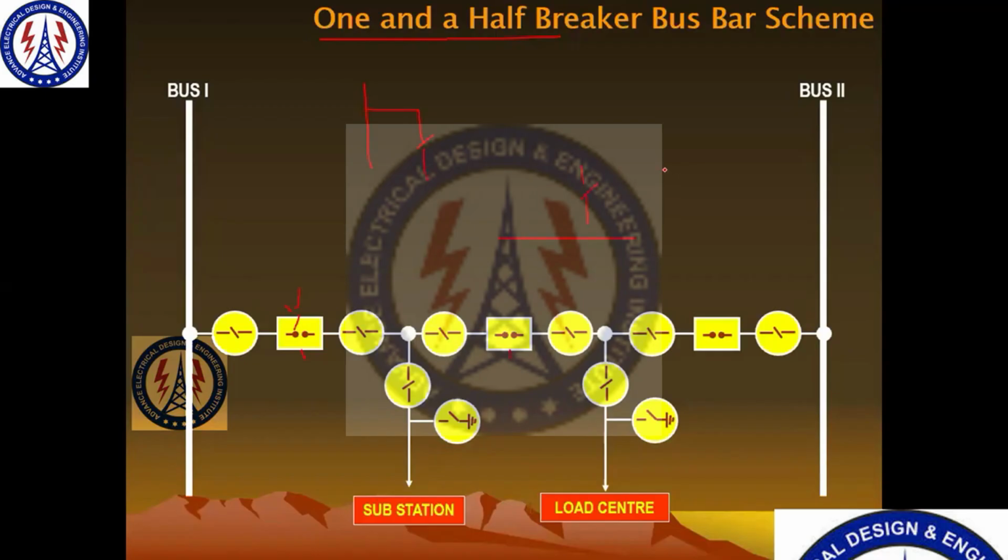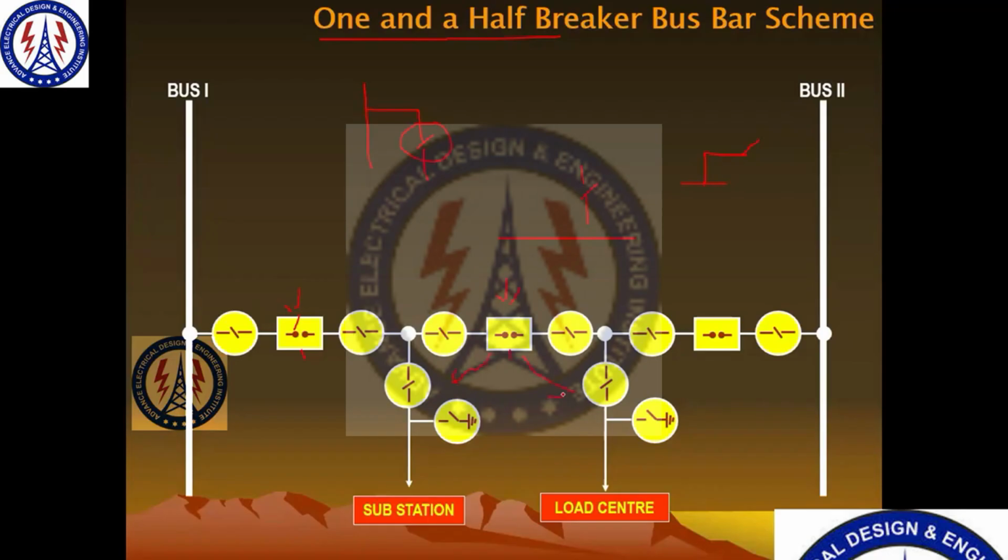Only in the bus coupler are we increasing the circuit breaker. So for every other feeder, we have one circuit breaker for each feeder. Now here we have introduced one circuit breaker more, in such a way that this circuit breaker is helping this feeder